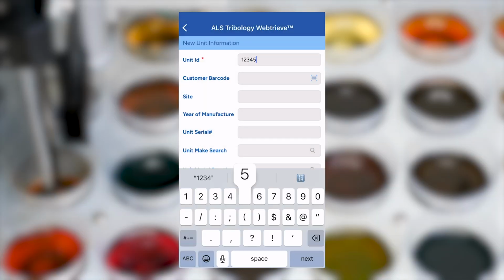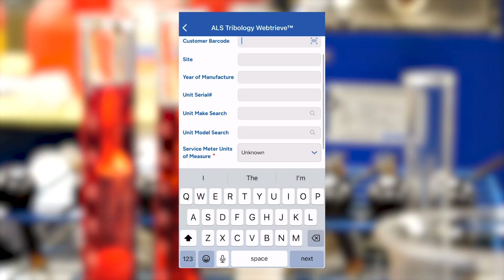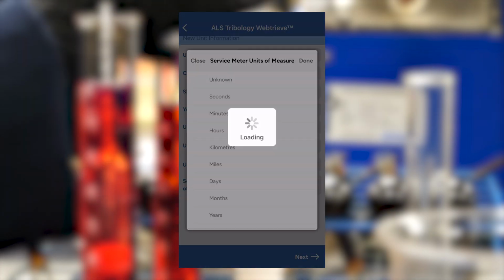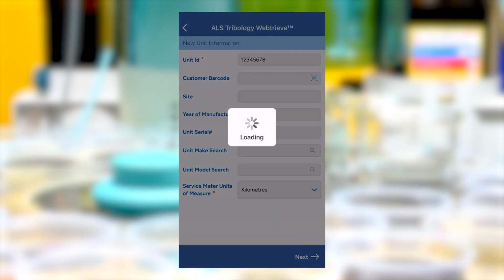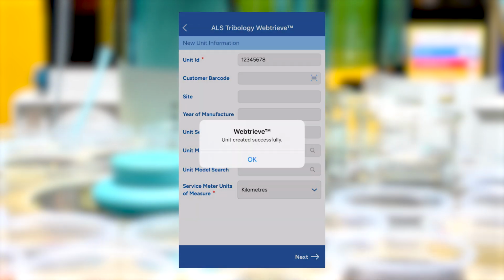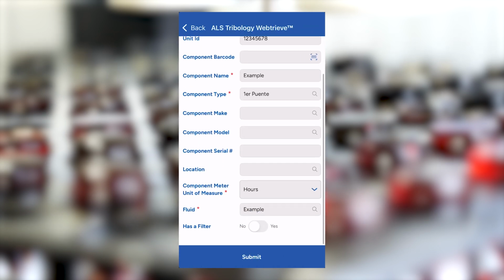On this screen, you can fill out the unit ID. It's also required to fill out the service meter units of measure. Select your unit of measure and press Done, and then press Next at the bottom of the screen. You'll get a notification pop up that indicates your unit was created successfully, and you'll be brought to the new